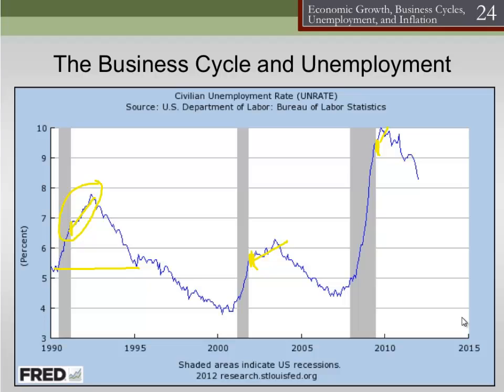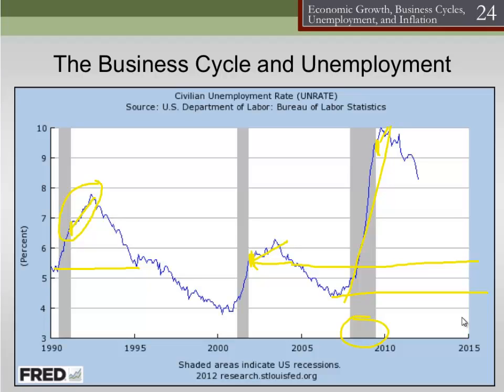In 2001, we don't get back down until here, something like about 3 years later. Here, we haven't come even close. So probably it would be better to look at this line, and we've got a ways to go before we have recovered fully from the latest recession. But notice it was a lot bigger, and we had a lot greater increase in unemployment than we had in the previous two. So that's something to realize about business cycles.